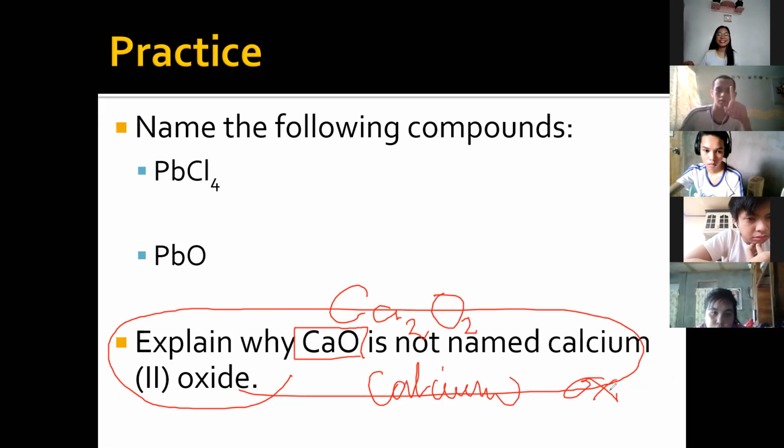Sir, I'm not sure, sir, but I think because you can simplify it. You can simplify it, that's your reasoning, maybe. Catherine, support your best friend. What is the reason behind it, Catherine?